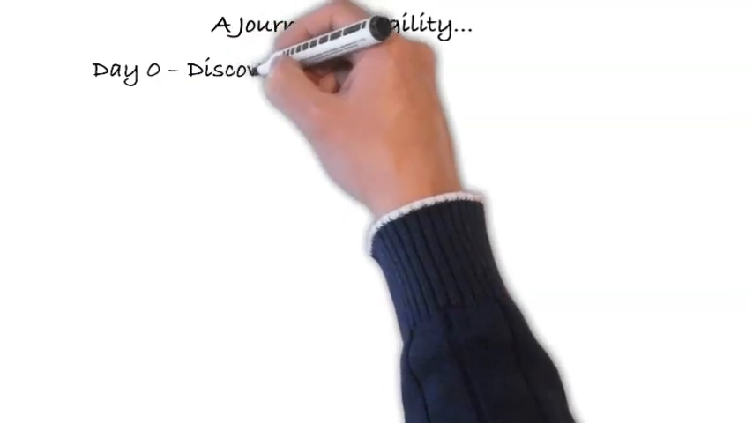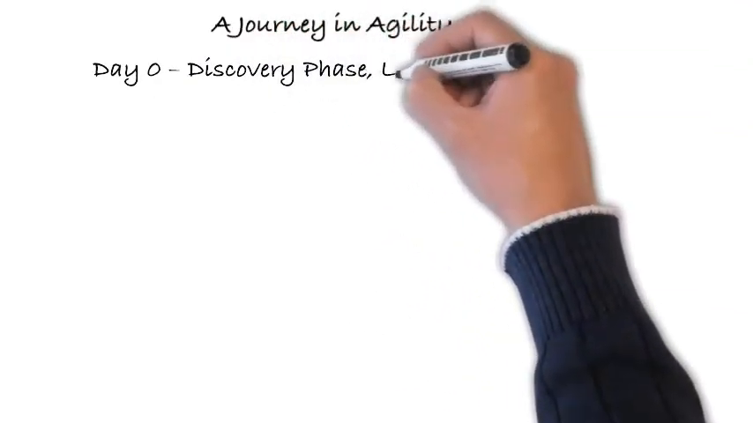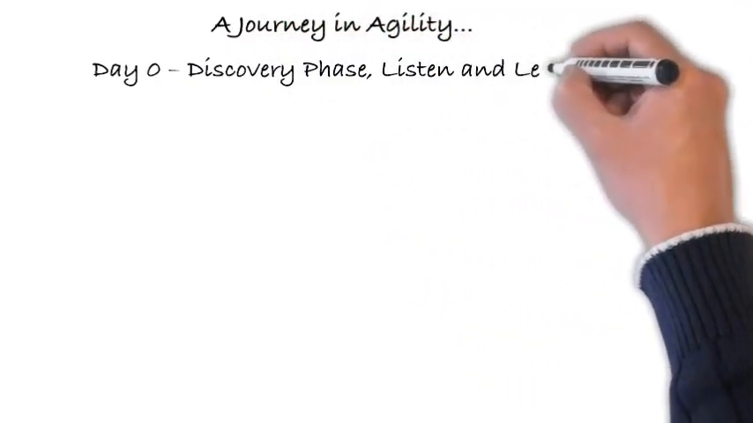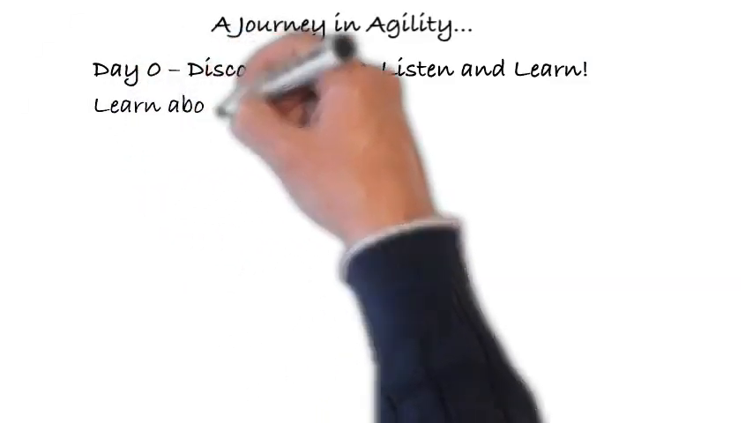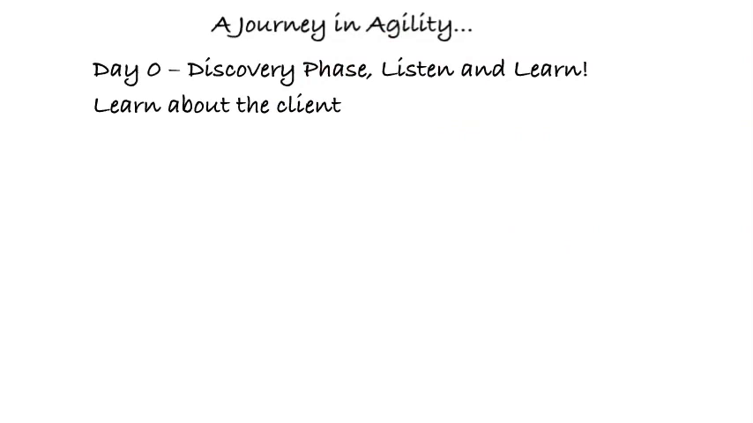Now that we understand the big picture, it's time to actually execute. So the first part of this is day zero, or the discovery phase. And the goal here is to listen and learn. So the first step is to learn about the client. Every Agile journey is different. So while there are some similarities, you need to understand what's different about this client and what's key to success in